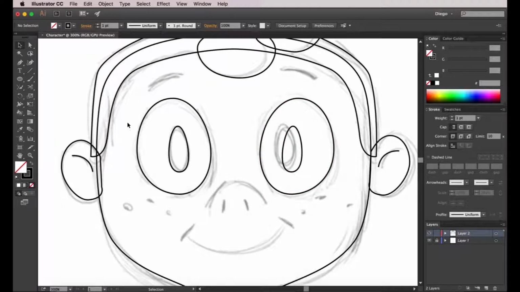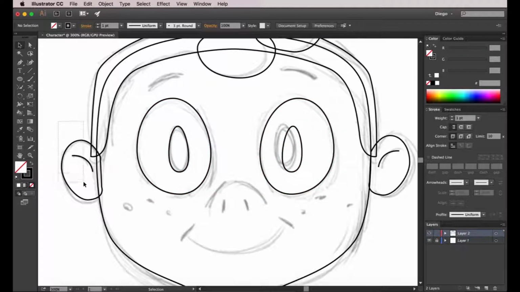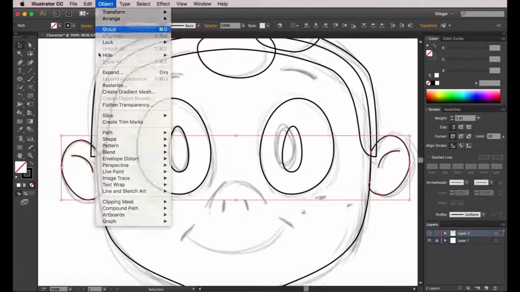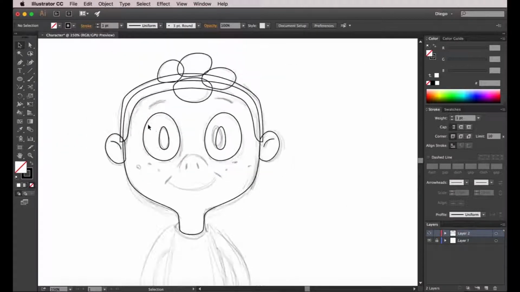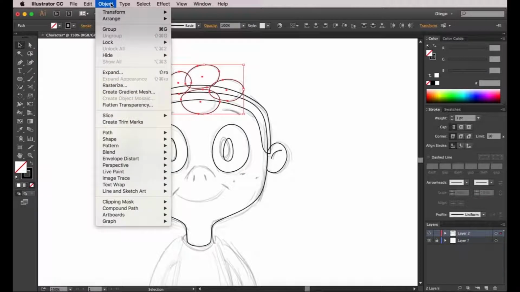Now what we can do is to click and drag to select both of the eyes, go to Object, Group. Now I'm going to do the same thing with the ears. I'm going to click and drag here to select these two shapes, hold Shift, click and drag on the other side. Now everything is selected. I'm going to go to Object, Group. Now I'm going to zoom out. I'm going to select all of these ellipses for the hair, go to Object, Group,